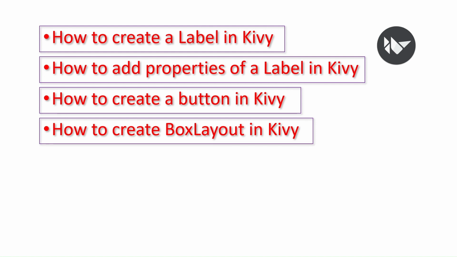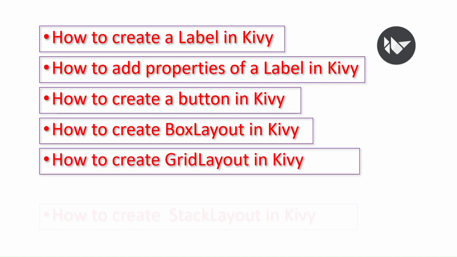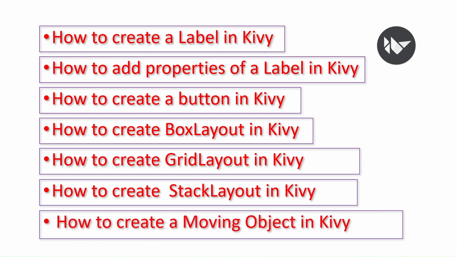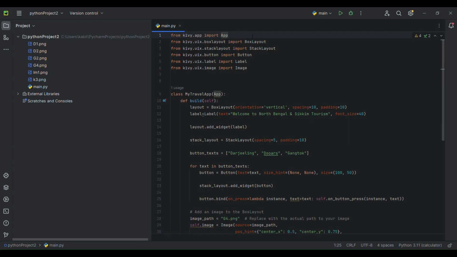like box layout, grid layout, stack layout. And also you have learned how to create a moving object in Kivy. As all of you learned the above coding, it will be easier to understand today's code what I have written for you. First of all, I have created all necessary elements like app, box layout, stack layout, button, label,